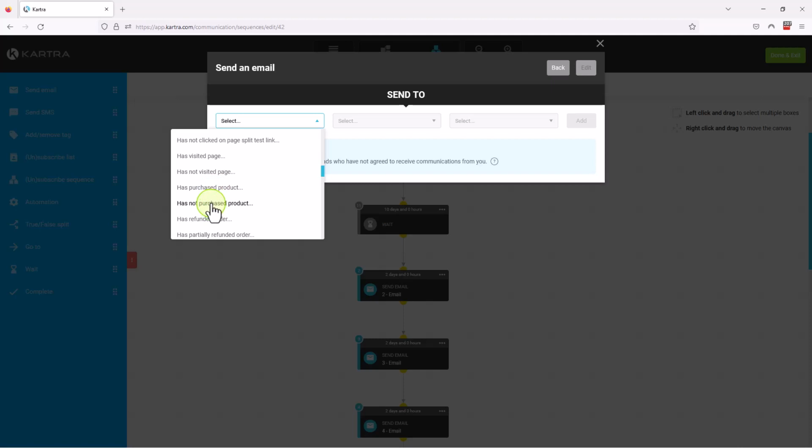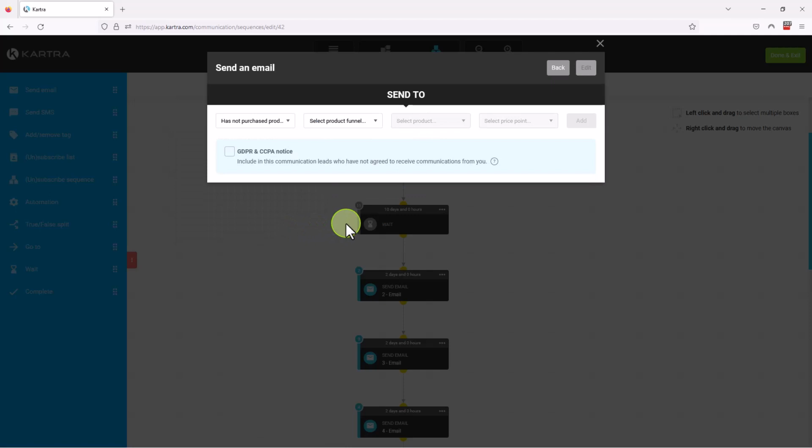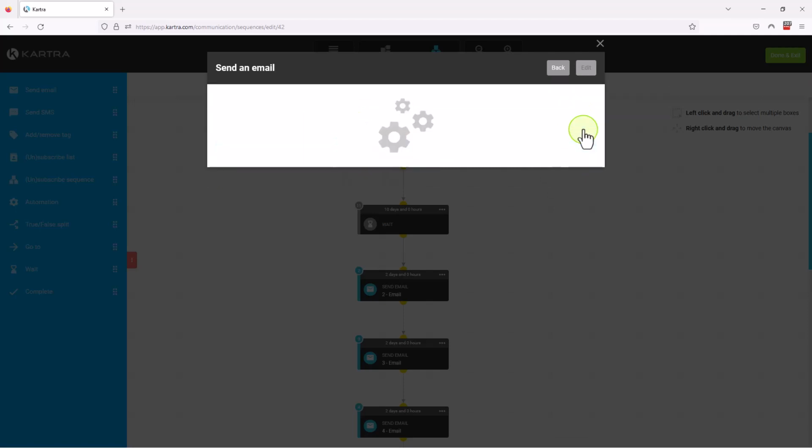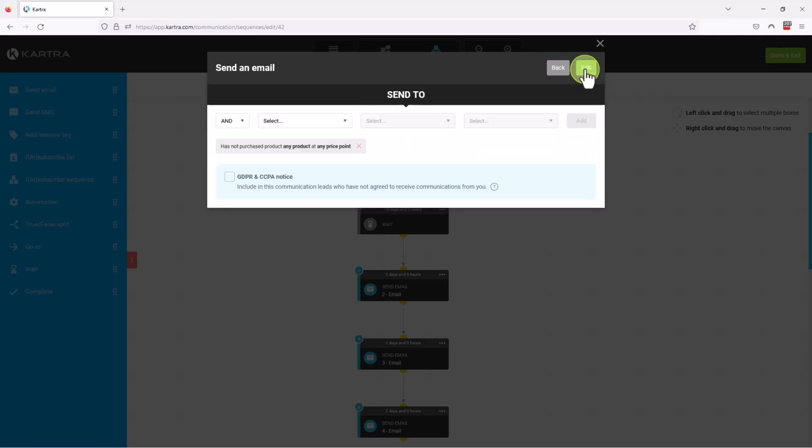So think of this. If this is a sales sequence and somebody bought the product, well, do you want them to receive the rest of the sales emails? Probably not. So what you would activate here is has not purchased the product. You can pick any product in this case and add that. Once it's saved,